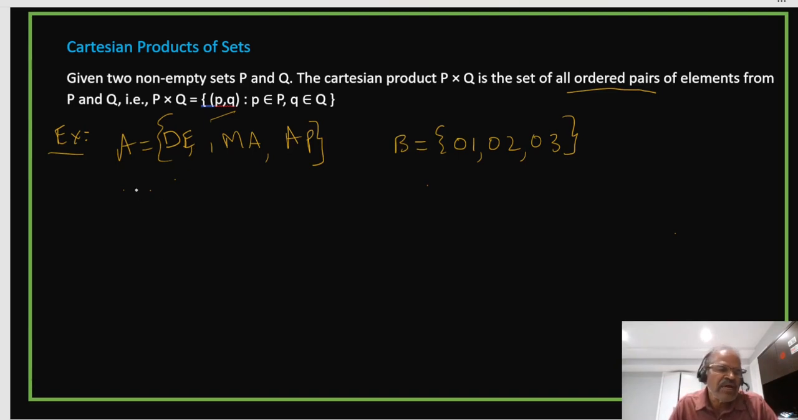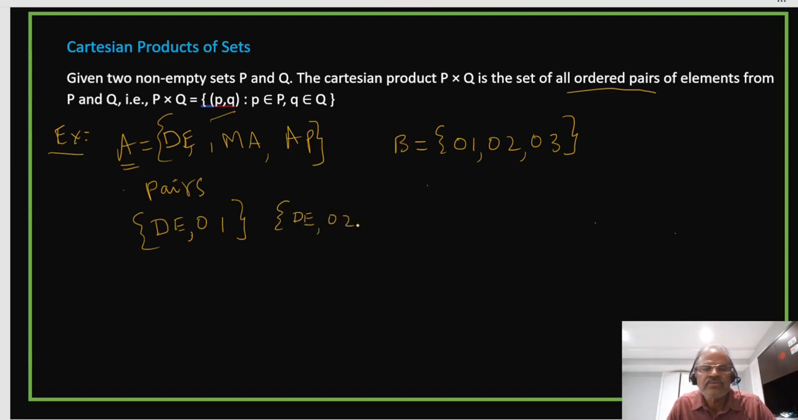See, we have to make license plate pairs. You have to make pairs, and the condition is the first element should be an element from set A. That means you have to take DE 01, then DE 02, then DE 03, like this. Similarly, we'll have for AP, for Maharashtra 01